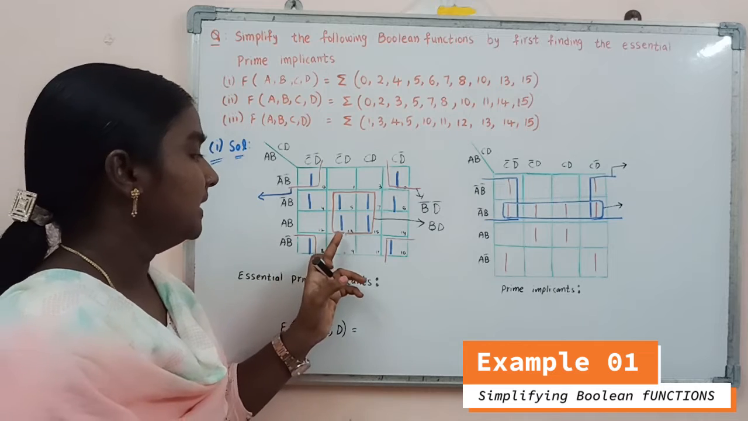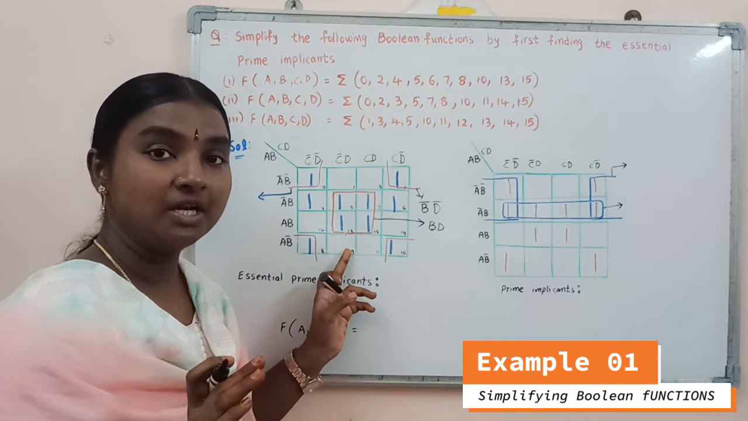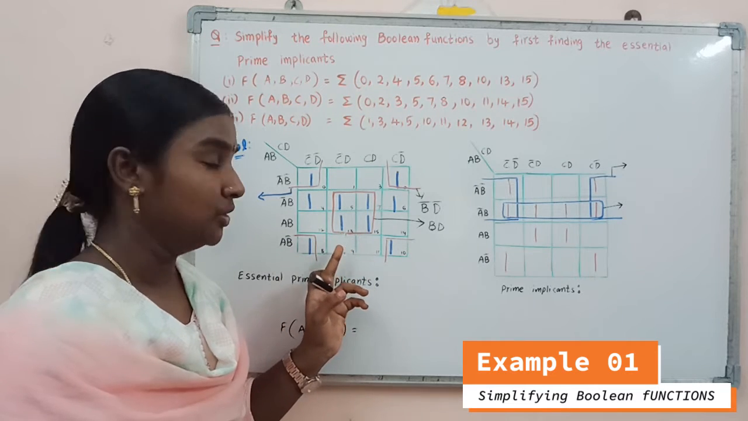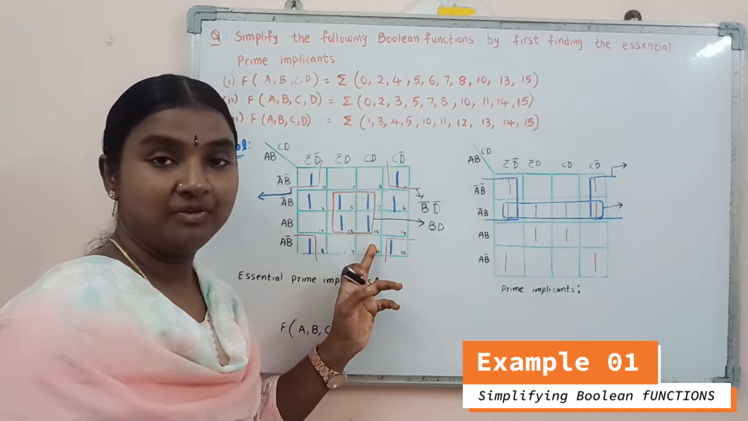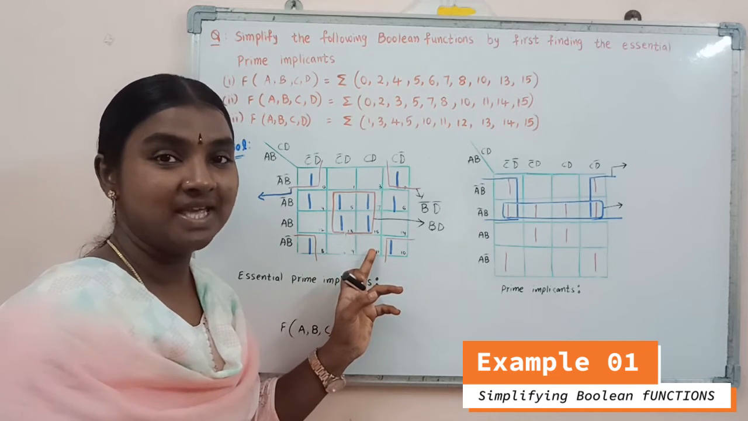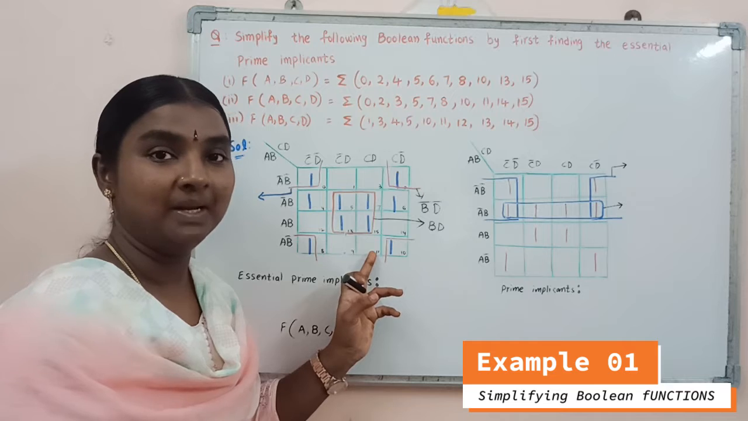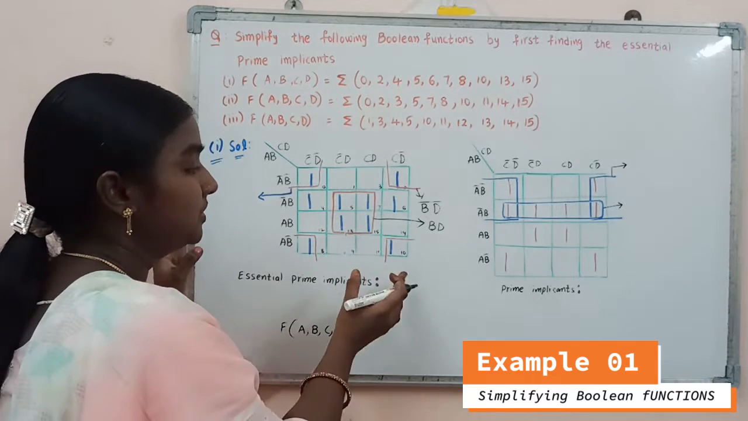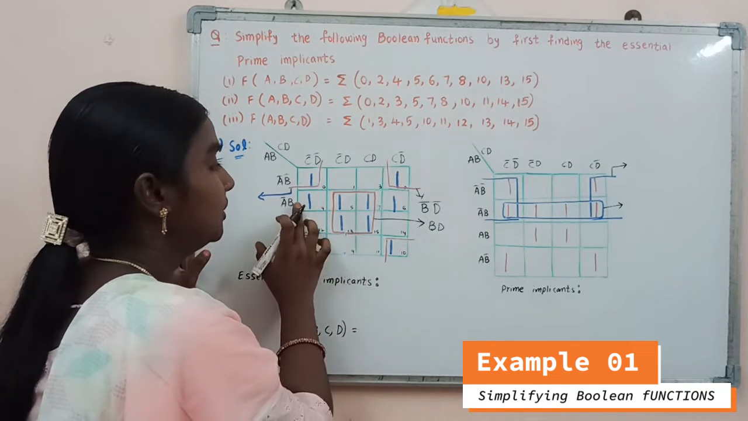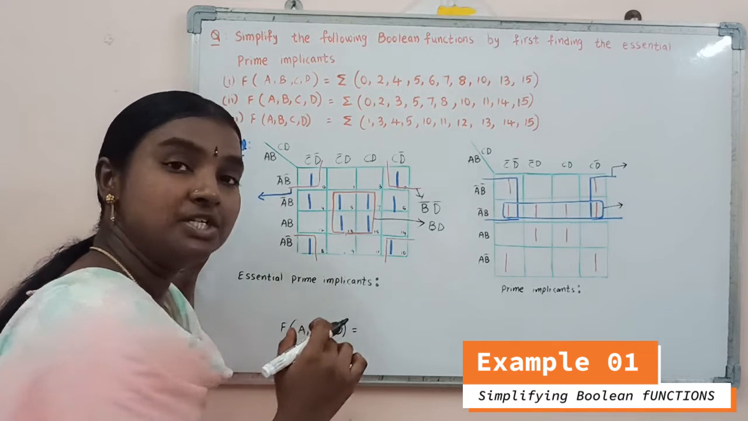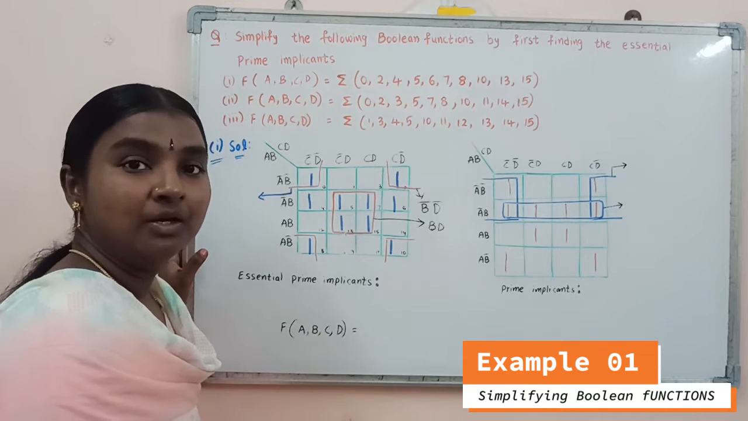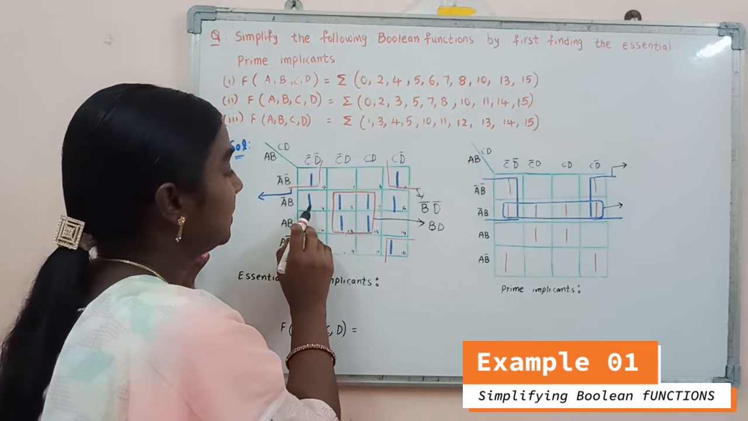So here there are 2 minterms which are not covered by other prime implicants. Those are M13 and M15. Then this prime implicant is an essential prime implicant. Now if we observe this Karnaugh map, there are 2 other minterms which are not covered by the groups. So here we need to cover M4